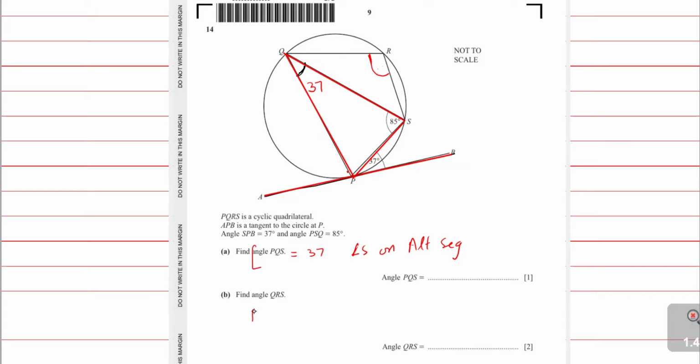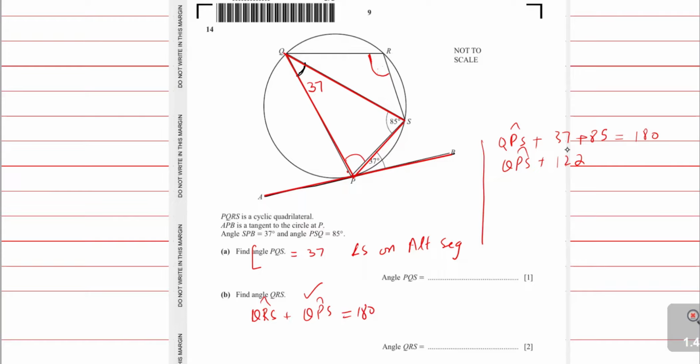Therefore, we can write angle QRS plus angle QPS equal to 180. Firstly, we will calculate angle QPS. If we take the interior angles of triangle QPS, 37, 85 and QPS, the sum of the interior angles of a triangle is equal to 180. Therefore, QPS plus 85 plus 37, which is 122, equal to 180, and therefore QPS will be equal to